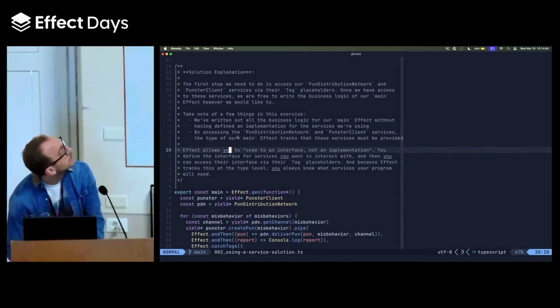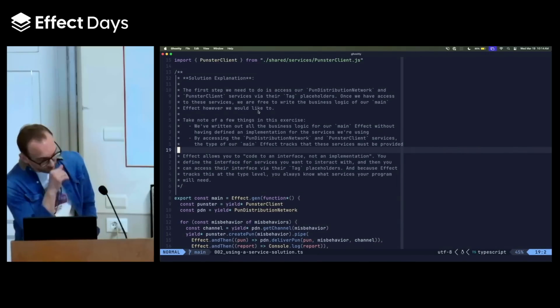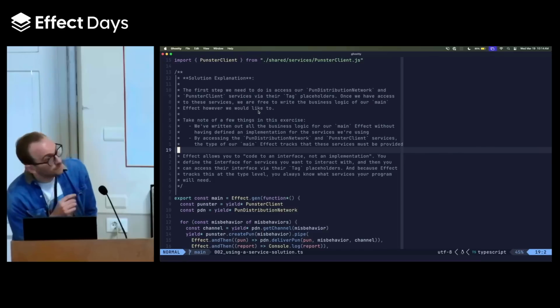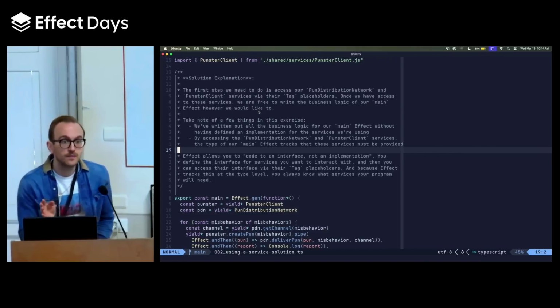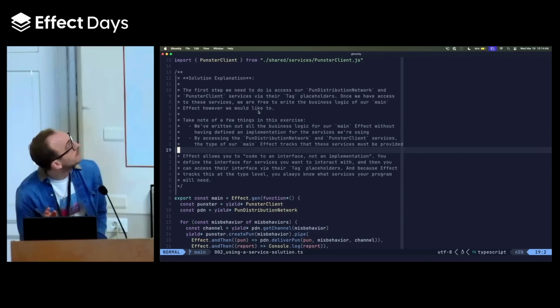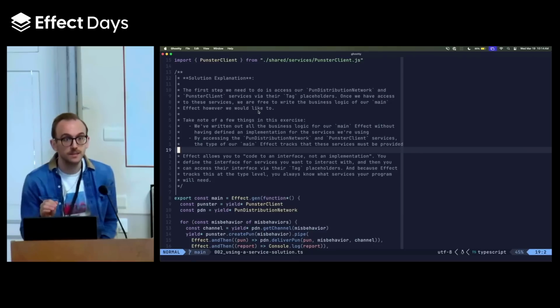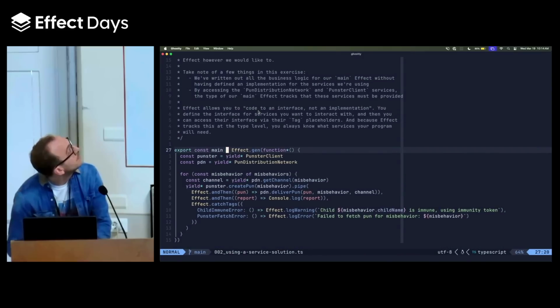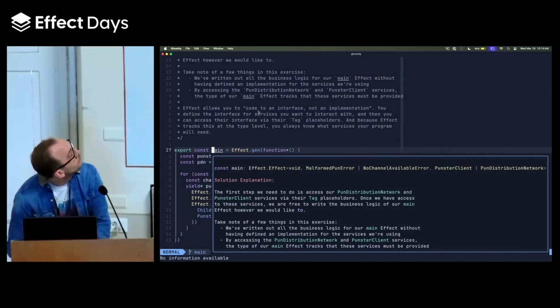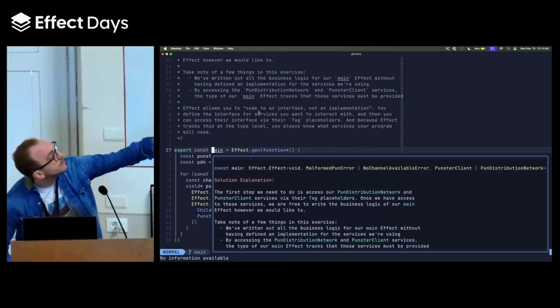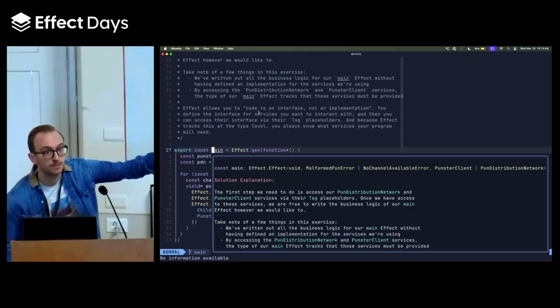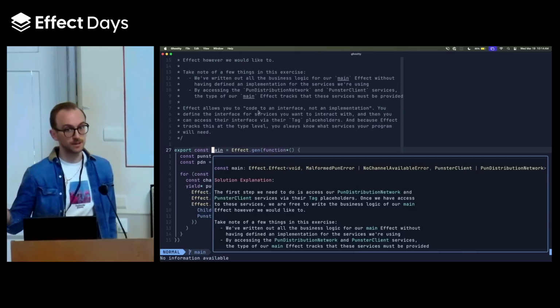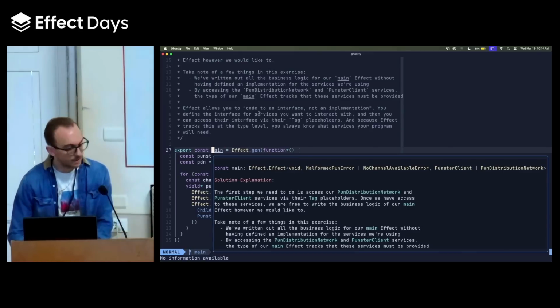But the important things to take away from this exercise are that we've managed to write out all the business logic for our main application still without having defined the business logic for our services. So if we actually take a look at the main effect here now, in that third type parameter, you'll see that now we require a punster client and a pun distribution network service to be provided in order to actually run this program. So if we tried to run this program,